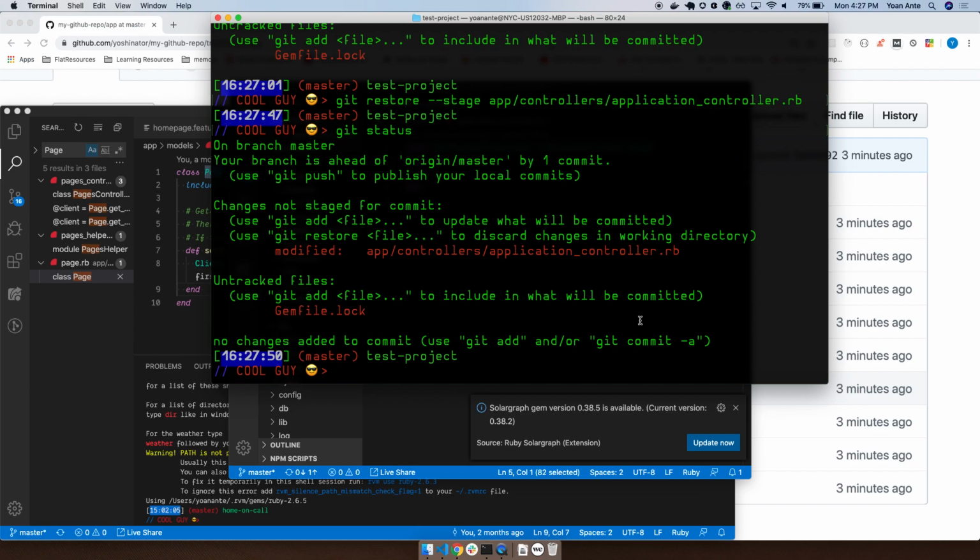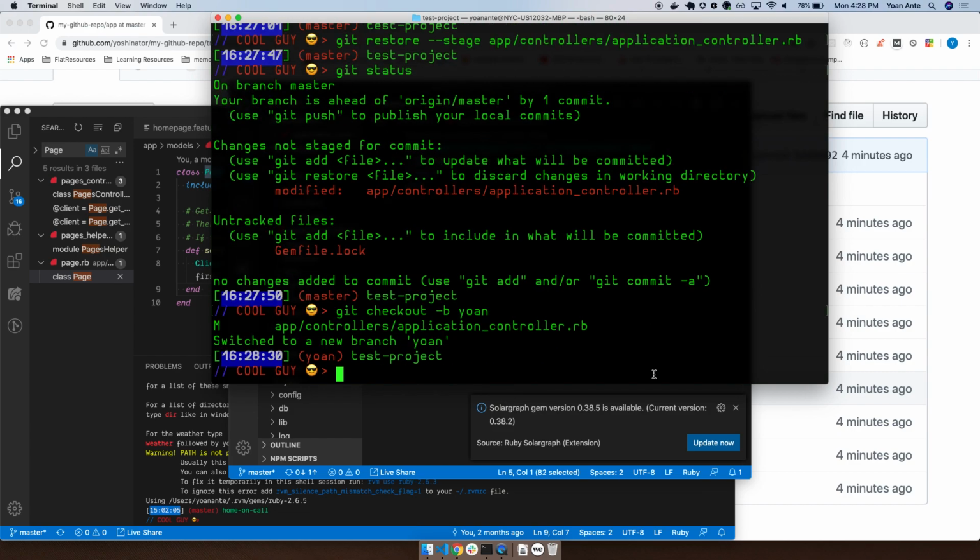Now, when we're working collaboratively as a team, the only thing we ever want to have in the master branch is code that works. When you guys start working on your own features or on your own version of the project, what you're going to do is git checkout -b for new branch, and you're going to give it whatever the name of the branch is. It's fine to just give it your name. Usually what we do though is we give it a feature name, so whatever feature we're working on. Since it's smaller teams of 2 or 3 right now, it's probably just fine giving it a name. In our case, we'll do here Yoan,